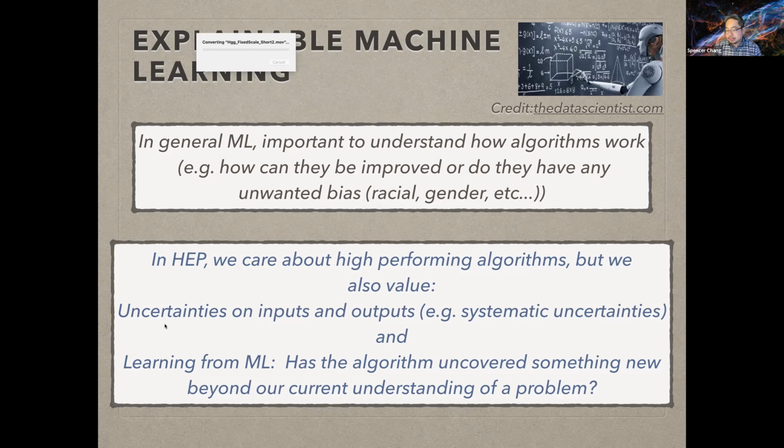If you're doing this for an experimental analysis, you might want to propagate systematic uncertainty. So you really need to understand what's going on and what it's relying on. From a more theory point of view, we can take this as an opportunity to learn from the